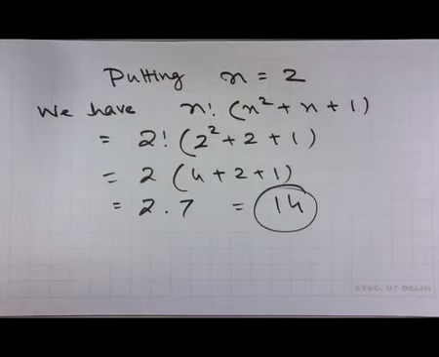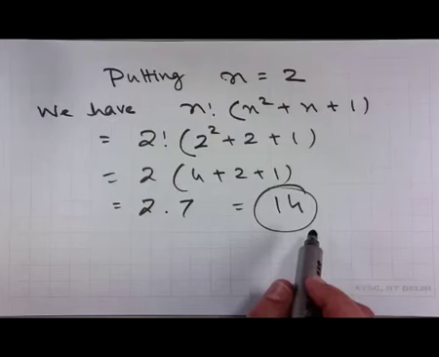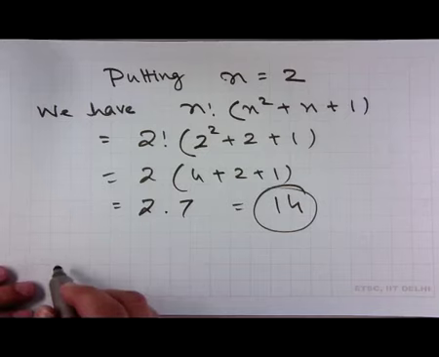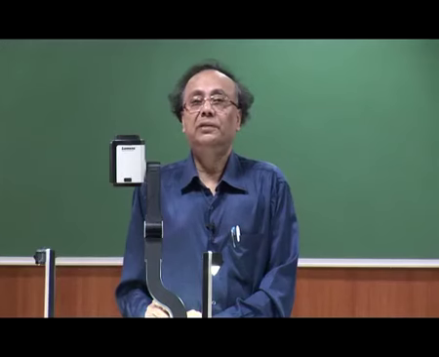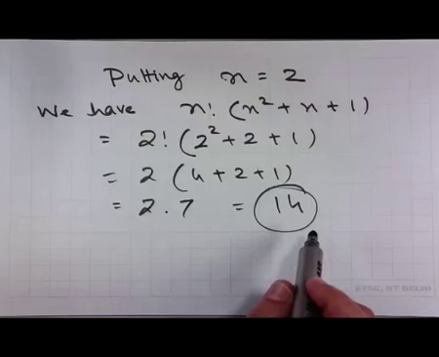Therefore, we verify the answer with n is equal to 2. Therefore, that gives us the determinant of the apparently complicated matrix with the permutation of n and combination of n